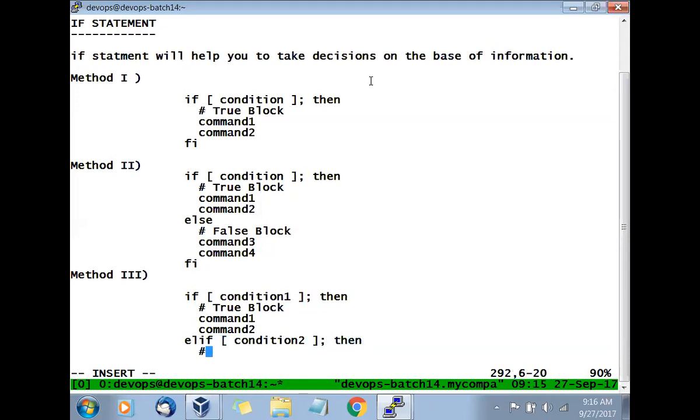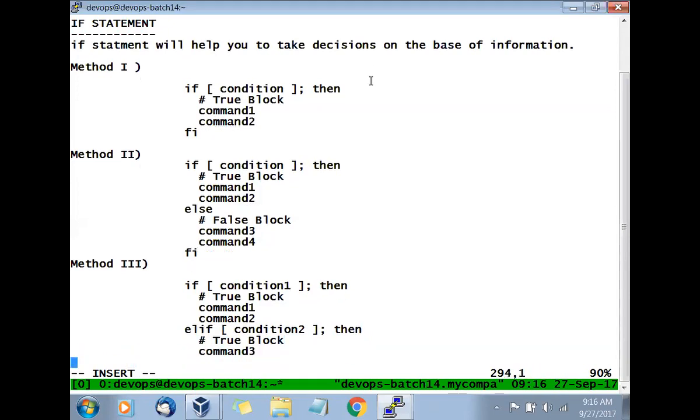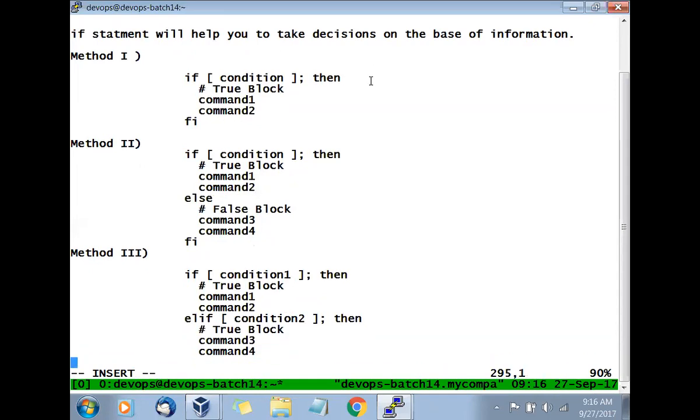Then true block, command 3 and command 4. Again, you'll go with the true block. Yes, please. So this one, right? This is correct, and not a typing mistake. Okay. So your if will always end with fi.